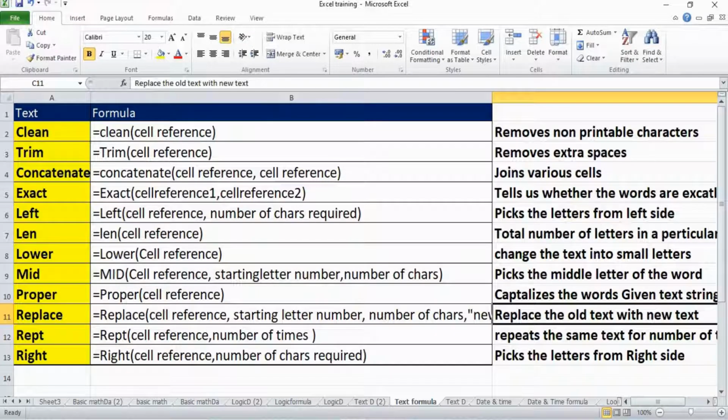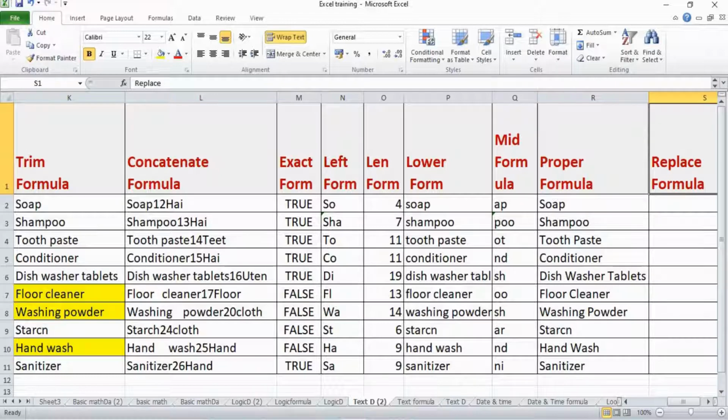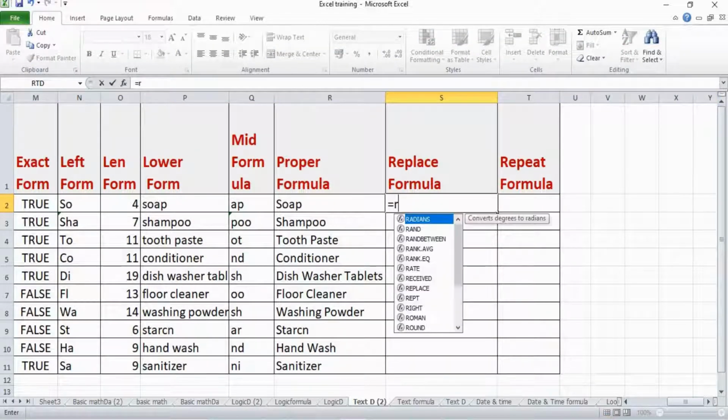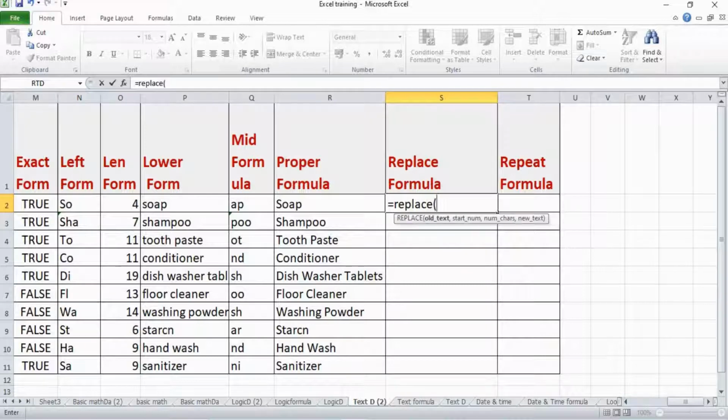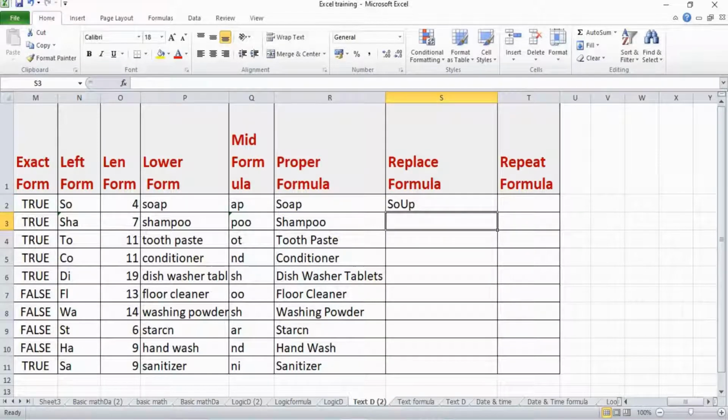Next is replace. Replace function helps us to replace the old text with new text. Let's write the formula in S2: is equal to replace, brackets open, R2, that is soap. 3 is the starting number. That means the third letter in the word, which is A, and 1. 1 is the number of characters, comma, new text, that is U. Brackets close, hit enter. This formula says, from the third letter, I would like to replace one character with new text,